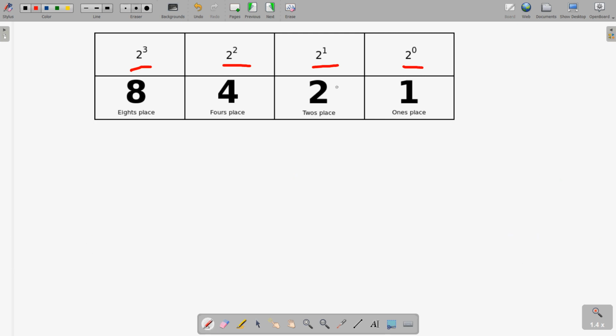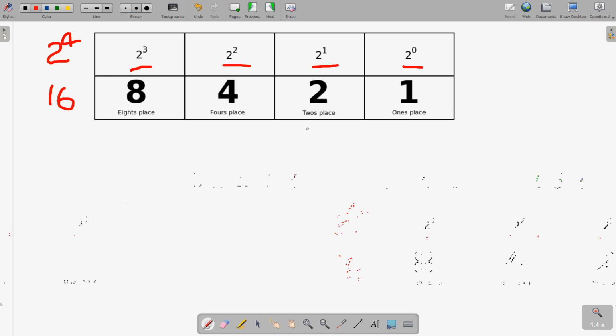In the same way we can calculate the values also: 2 to the power 0 is 1, 2 to the power 1 is 2. So 1, 2, 4, all of the digits are 2 times the previous, like 1 into 2 is 2, 2 into 2 is 4. Clear? Then 4 into 2 is 8. If you multiply 8 again with 2, the next number will be 16. Clear? If it is a 5 digit number, then here again it will be 2 to the power 4. Right now I am explaining only 4 digits, so let us keep it 4 digits only. Clear? So this way we have seen that the numbers can be written in this form.